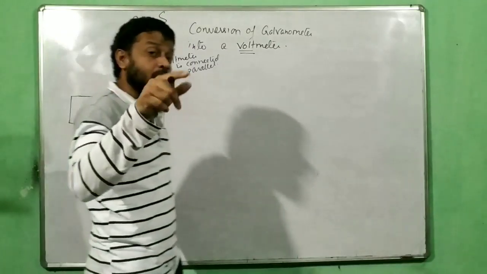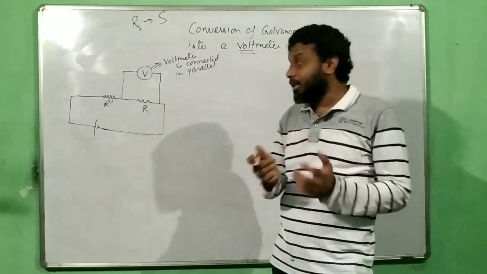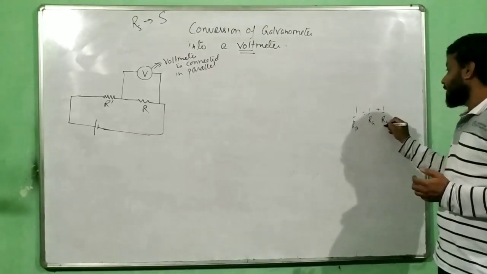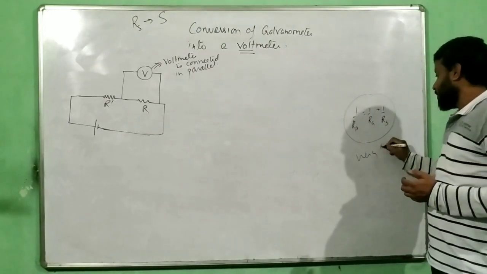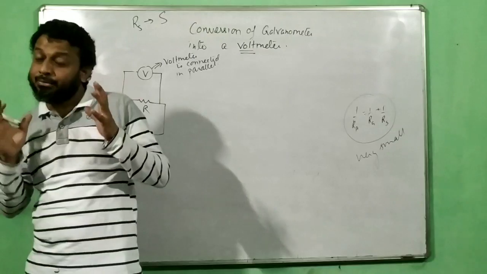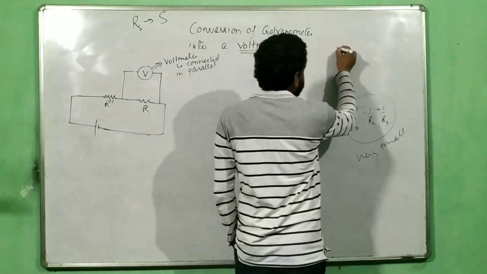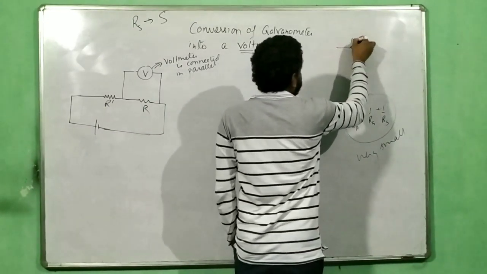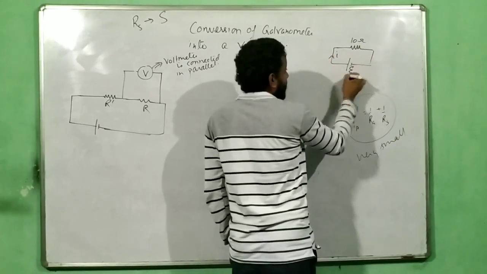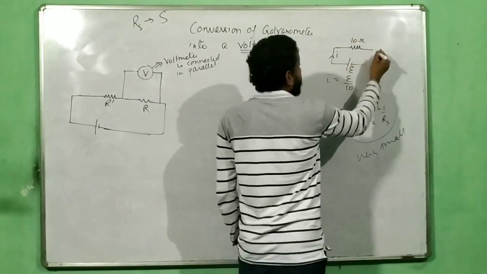When we use a shunt in ammeter, which is very small, trust me, the overall resistance of the ammeter, which we discussed over here, 1 by Ra is equal to 1 by Rg plus 1 by Rs, becomes very small. You know why this entire resistance should be very small? It should be very small so that it does not affect appreciably the net current in the circuit. Meaning this. Suppose if I have a resistance of 10 ohm, then it will have some current flowing in the circuit, and that will be equal to EMF by 10. Now in order to measure this 10 ohm, I have to connect the ammeter.